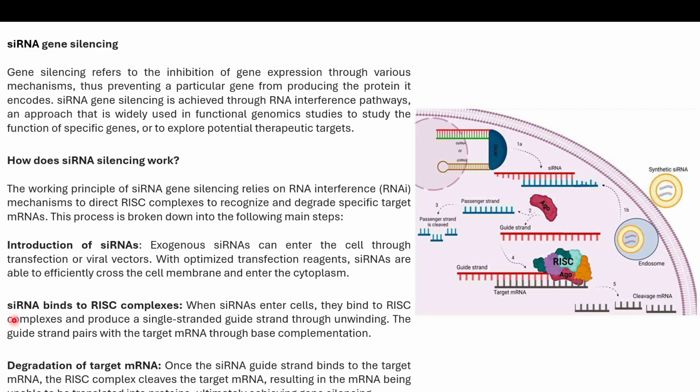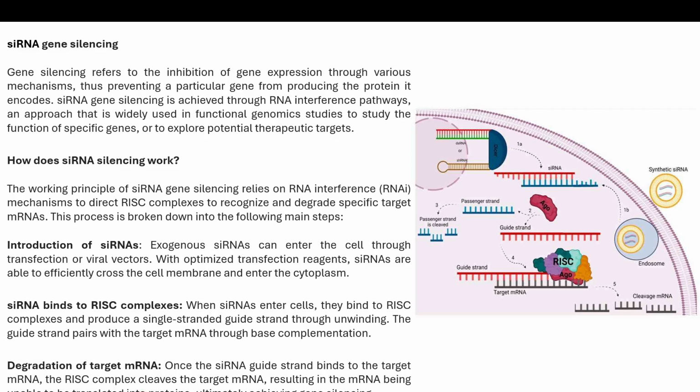Okay. And next, the siRNA binds to the RISC complexes. When siRNAs enter the cells, they bind to RISC complexes and produce a single-stranded guide strand through unwinding. The guide strand pairs with the target mRNA through base complementarity. And finally, the target mRNA is degraded when the siRNA guide strand binds to it. The RISC complex cleaves the target mRNA, resulting in the mRNA being unable to be translated into proteins,